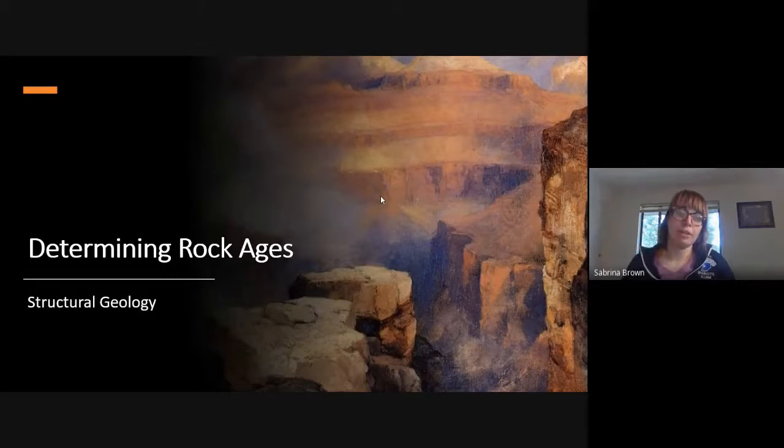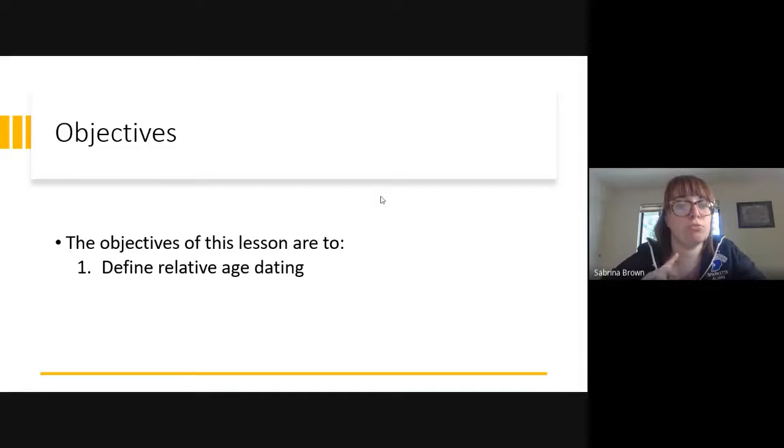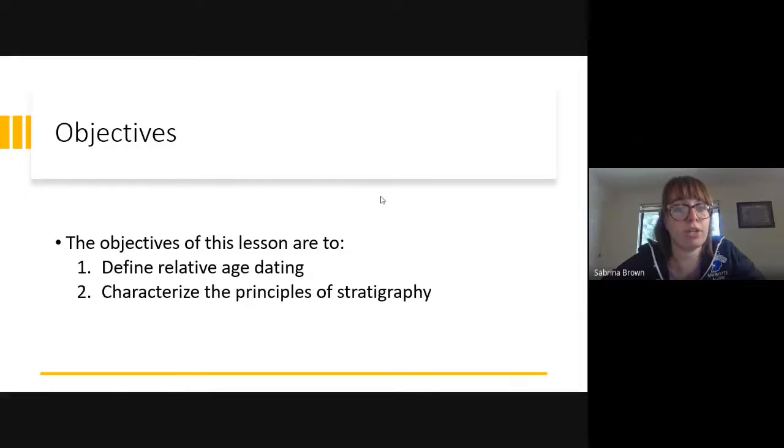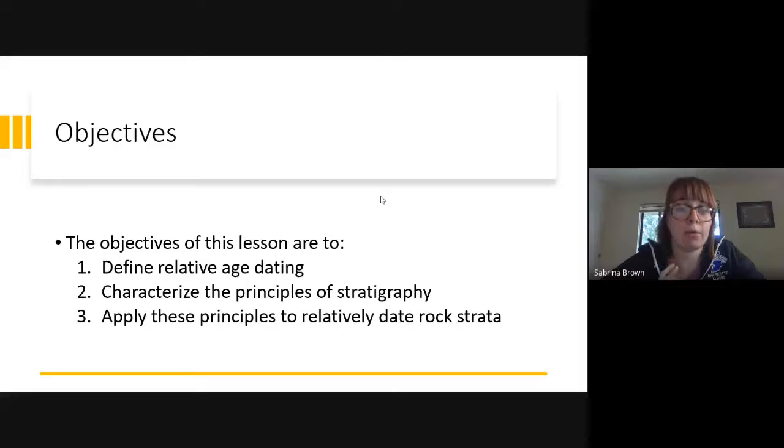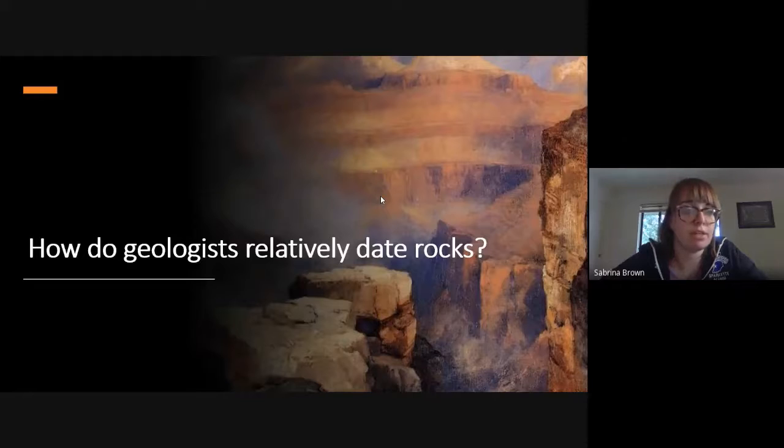Hey guys, so today we're going to talk a little bit about determining rock ages and how that relates to the way that rocks look on the landscape. So our objectives are to define what relative age character is, the principles of stratigraphy, and apply these principles to relatively date rock strata. So the question that we're going to largely look at today is, how do geologists relatively date